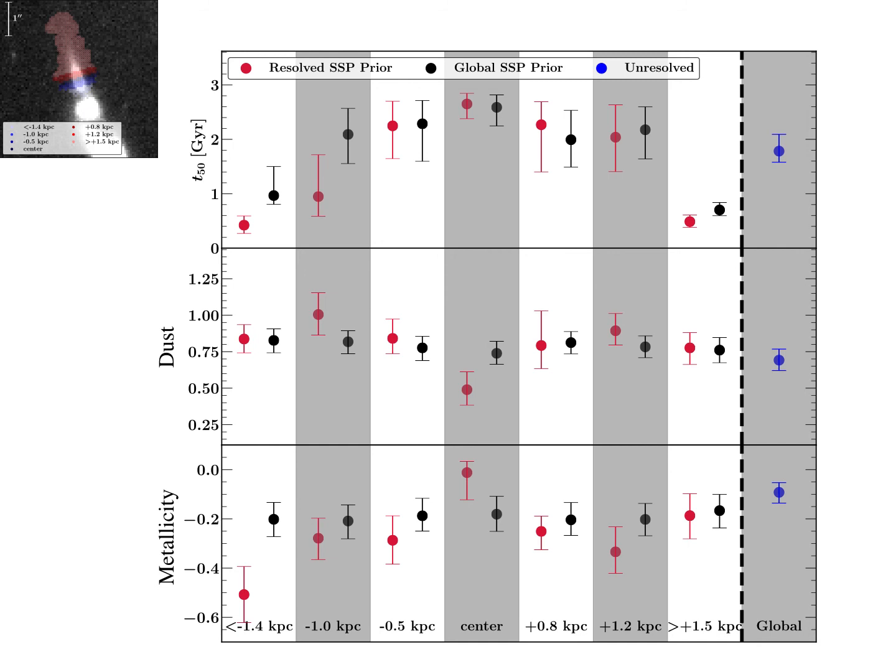I showed the median age for both a spatially resolved stellar population coming from two different SSP models, as well as the global analysis. And I also showed dust and metallicity as two nuisance parameters. You can see that we have a flat trend. So all the spatial bins in the inner probably 2 kiloparsec have about the same age. And the only exceptions are the